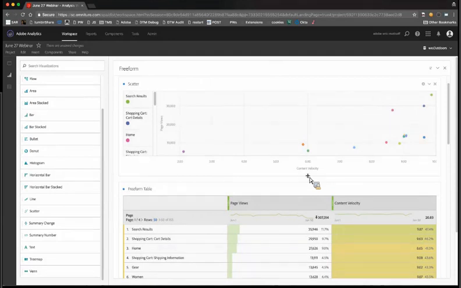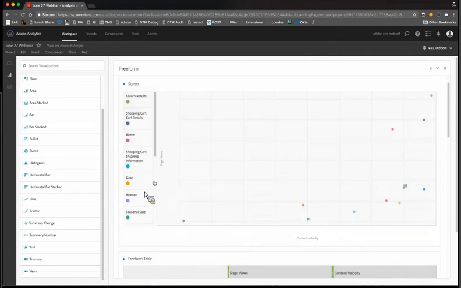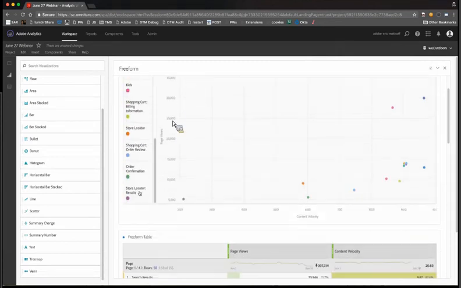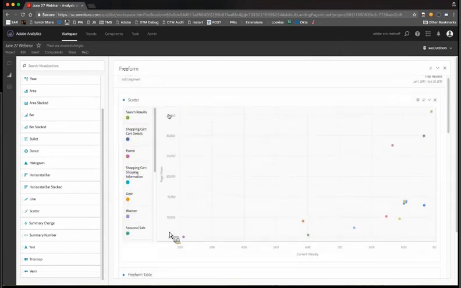within my visualization. Here, I can actually stretch this out a little bit if I'd like. I'm taking a look at each of these different pages, and across the axis here, I can see page views. And then from left to right, I've got content velocity. So the higher number of page views being driven, the further to the right it will be. And the higher number of page views currently being viewed on that page, the higher to the top it'll